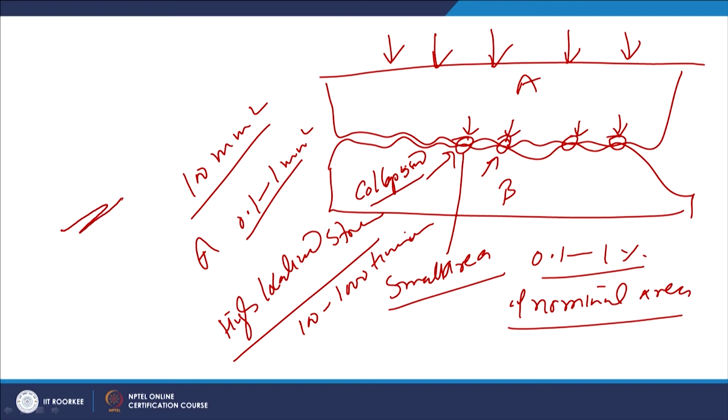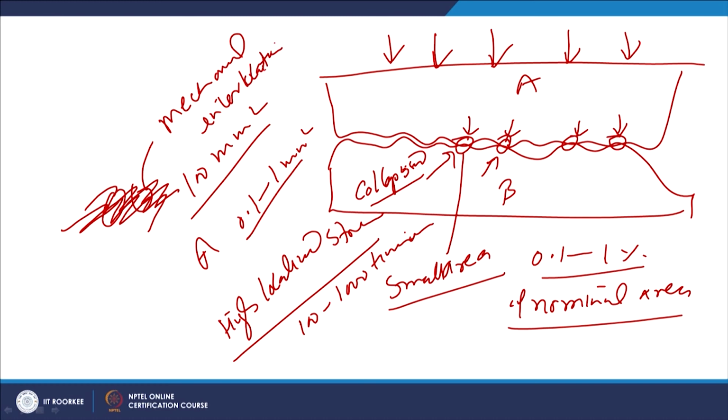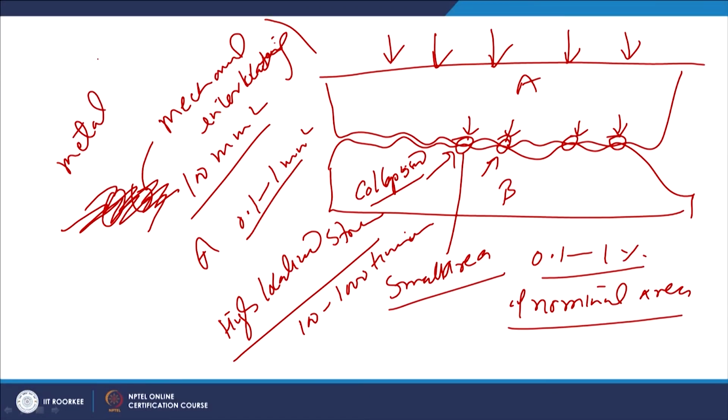So, the surface irregularities will be deforming like this, and this will be leading to some kind of mechanical interlocking due to the collapse or plastic deformation of such irregularities under the very high contact stresses. This will be leading to a very large area of direct metal to metal contact. So, mechanical interlocking and a large area of metal to metal contact will be leading to the